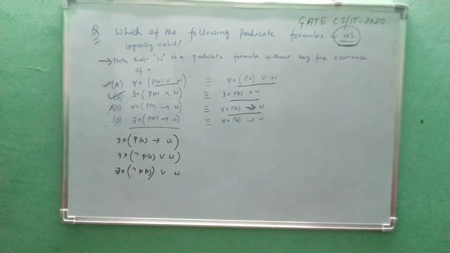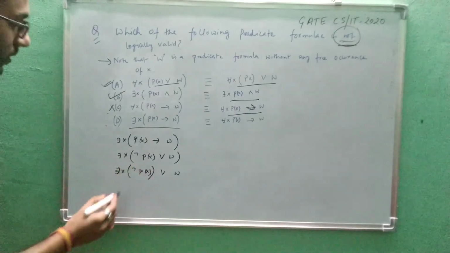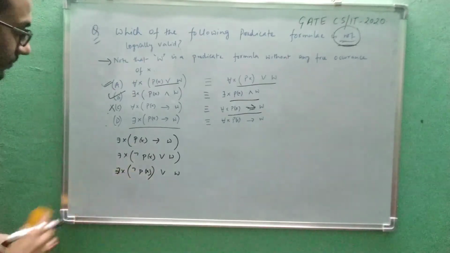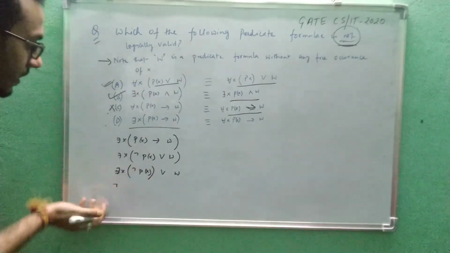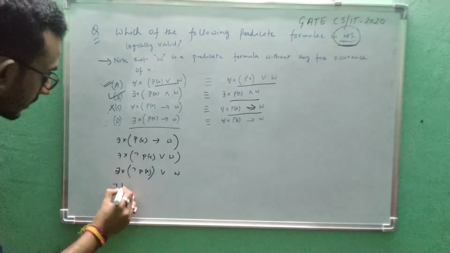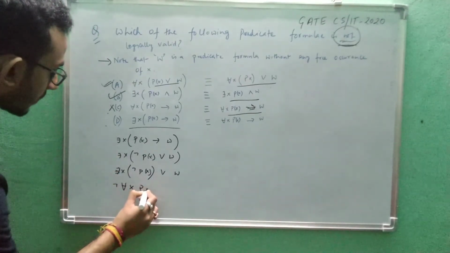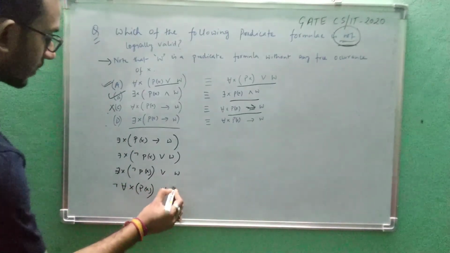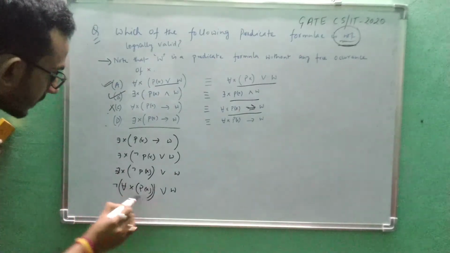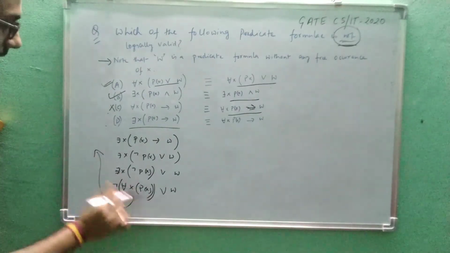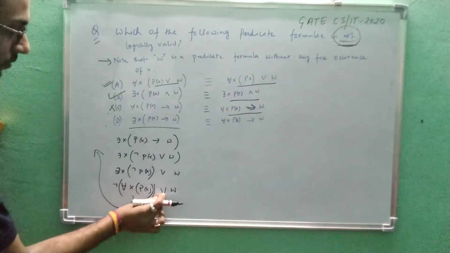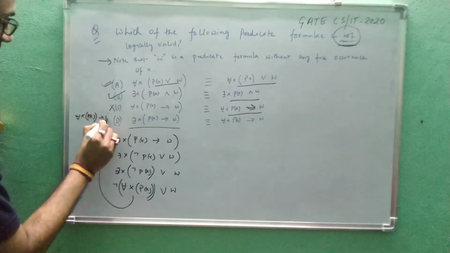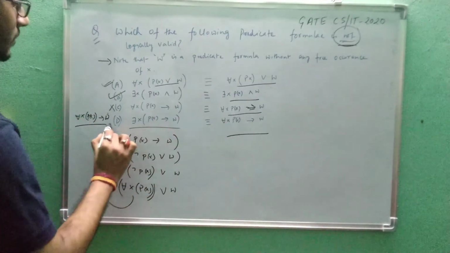This is there exists. We'll try to bring this out. If this comes out, similarly as I told you, you just interchange this symbol. It becomes for all X, P of X. The logic I have explained in the earlier one. Similarly this will be implies W. Again, this one we can write as not of this union this. So we can write that for all X, P of X implies W. It is only given here. So this option is also correct.